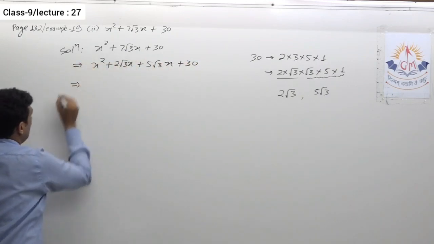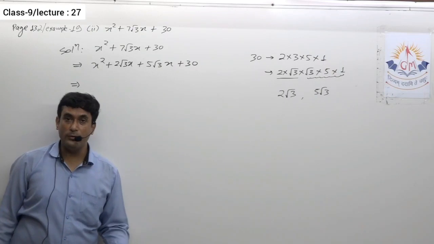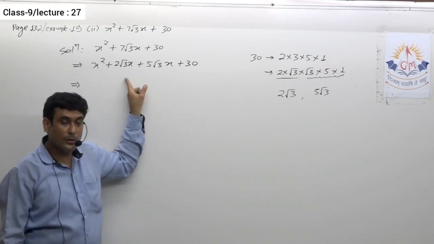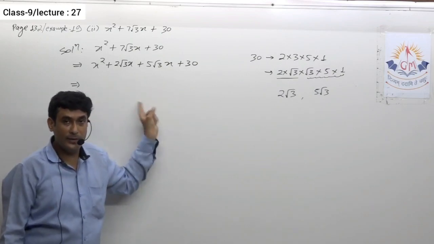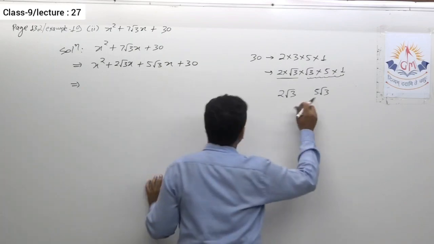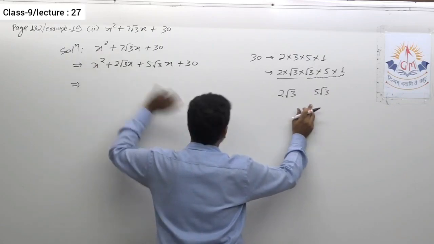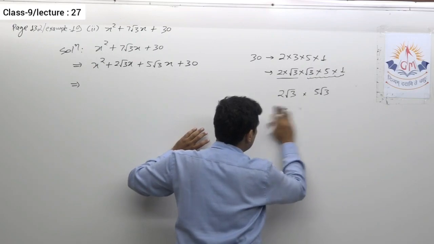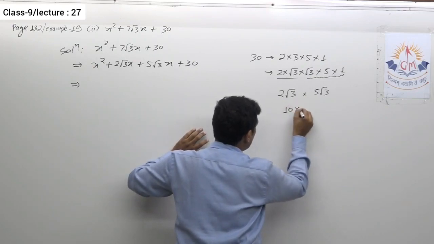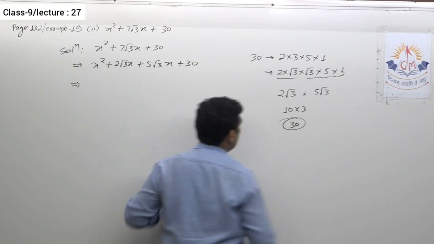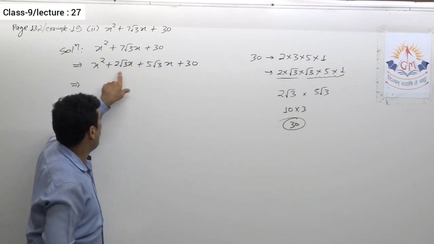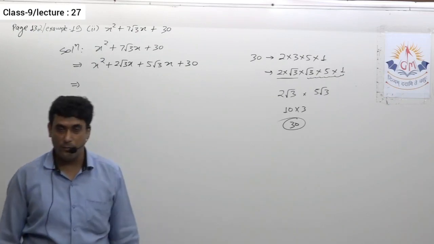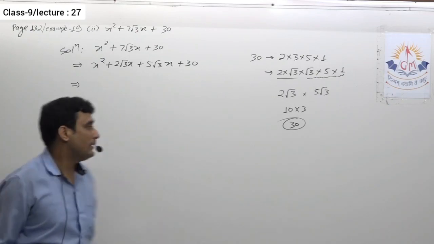Okay. Now before I proceed, what I check is whether the product of these two middle terms is equal to the product of the first and last terms or not. Let us see. x multiplied by x is x square, that is sure. We just have to check the numeric value. 5 into 2 is 10, and root 3 into root 3 is 3. So ultimately I am getting 30. So 30x square is the product of these two, which is equal to the product of the first and last, that is 30x square. It means we are on the right track.